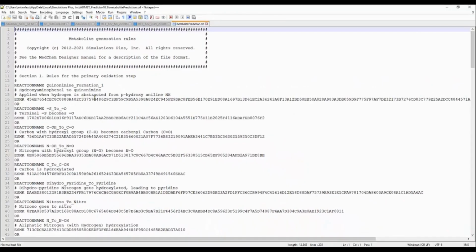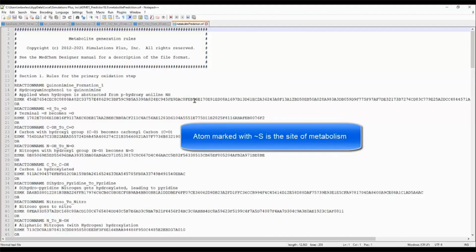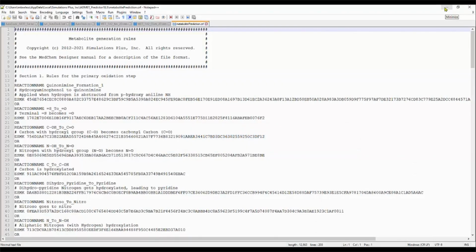And as I mentioned, they are encoded, but we do have comments for transforming these. If we could uncomment or unencrypt these, we'd see that on the left-hand side of the equation, there's an atom that is marked, I think, with an underscore S, and that indicates that it is the site of metabolism. And the program internally would mark it as a site of metabolism and then perform the transformation, which would generate